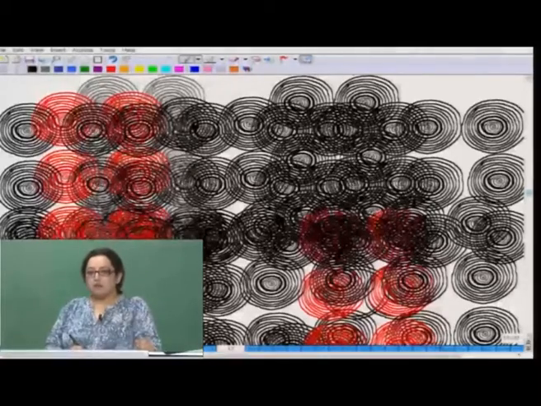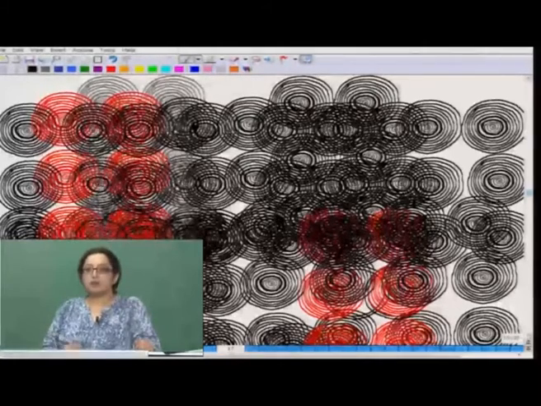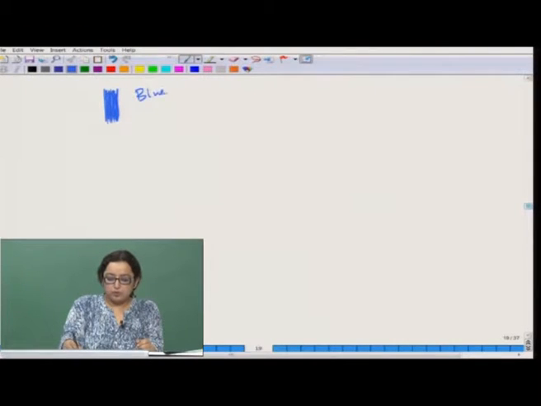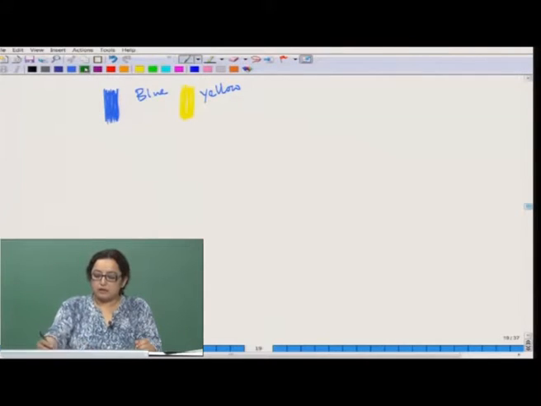There are colors which are maybe primary, and if we mix two colors we get another shade. For example, if we have a blue and we mix this blue with yellow, by mixing blue and yellow, I will get another color that is green.